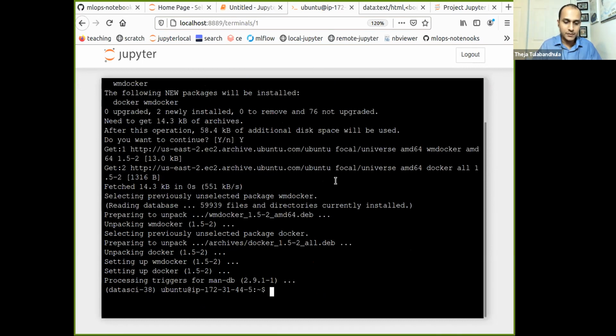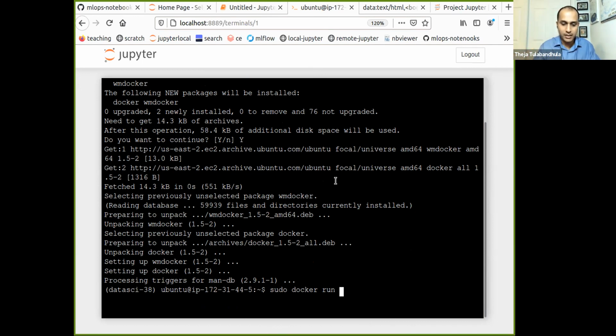So let's see. We'll quickly check whether Docker runs. We'll do sudo docker run. When we call a run command, you remember that we have to already have an image present. If we don't have an image, it'll try to download the image from hub.docker.com, which is a Docker remote repository. By default it'll just search there.